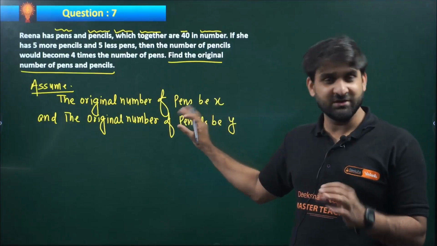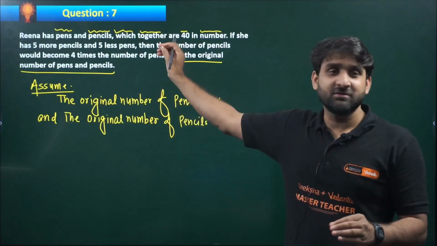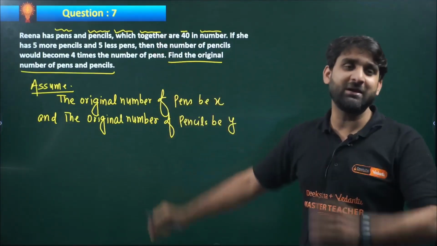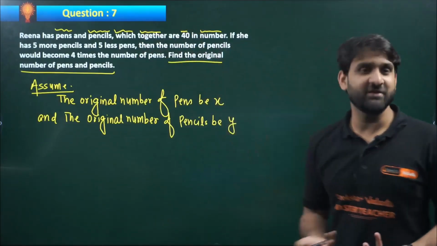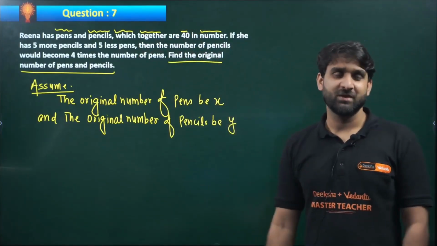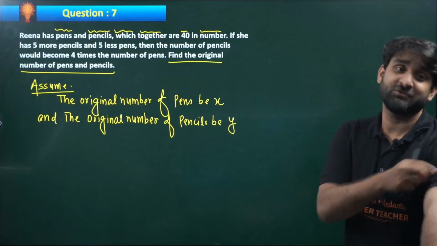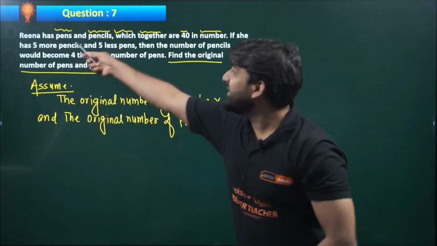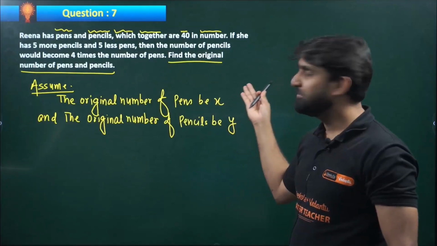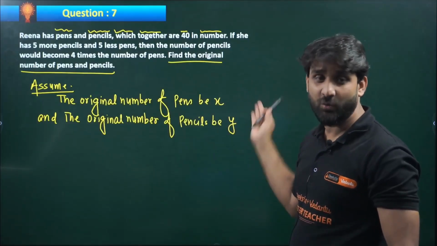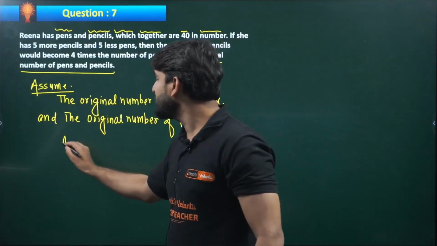20% question is done. Now please use your English grammatical skill here, because the story is given there and you have to form the equation. Forming the equation is the task for the student. Okay, Reena has pencil and pen all together 40. So pens are x and pencils are y. So according to the question,